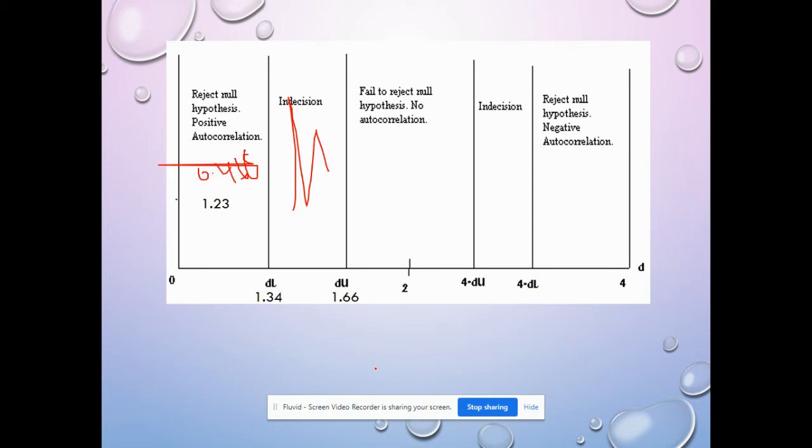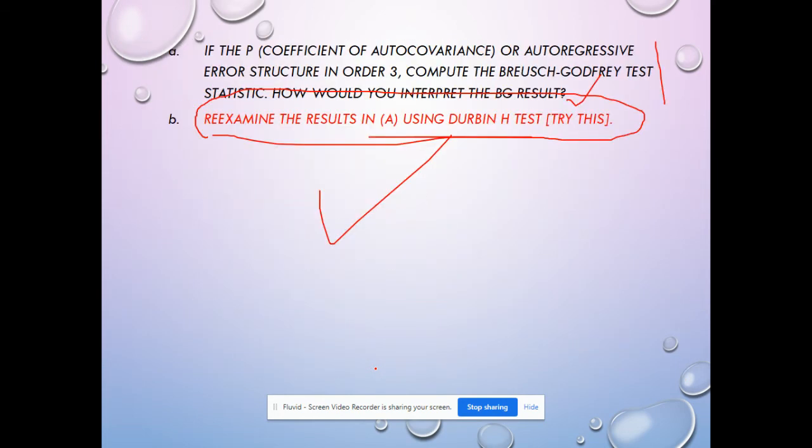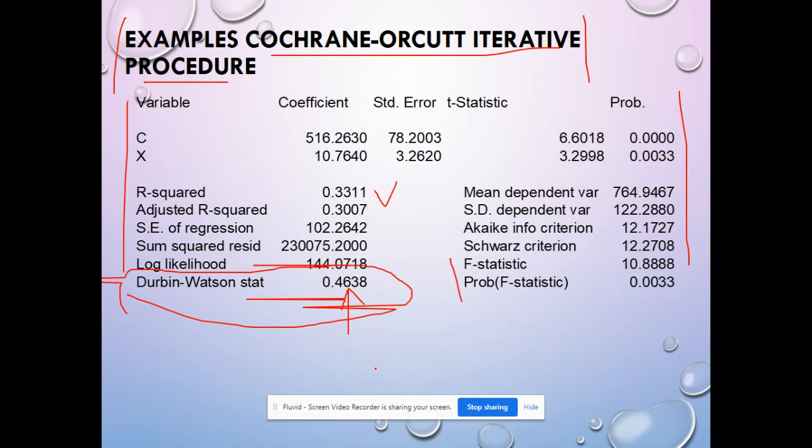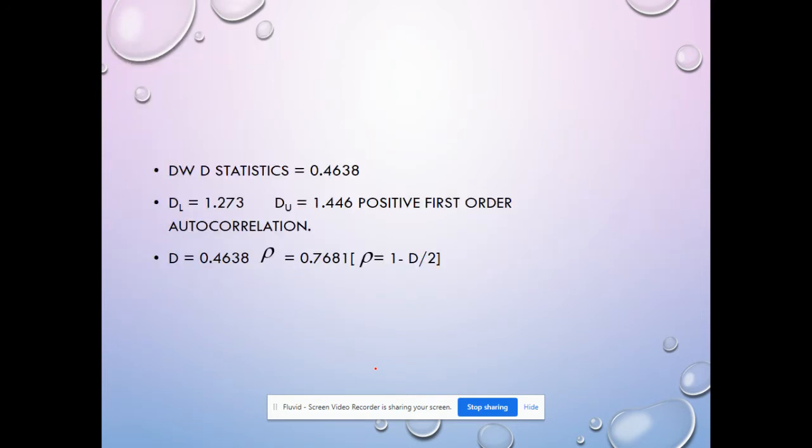Reject the null. The null is no autocorrelation. So you have positive autocorrelation, so you need to solve the problem. How to solve the problem? This is where this all comes into the picture. Again, you go back to that particular